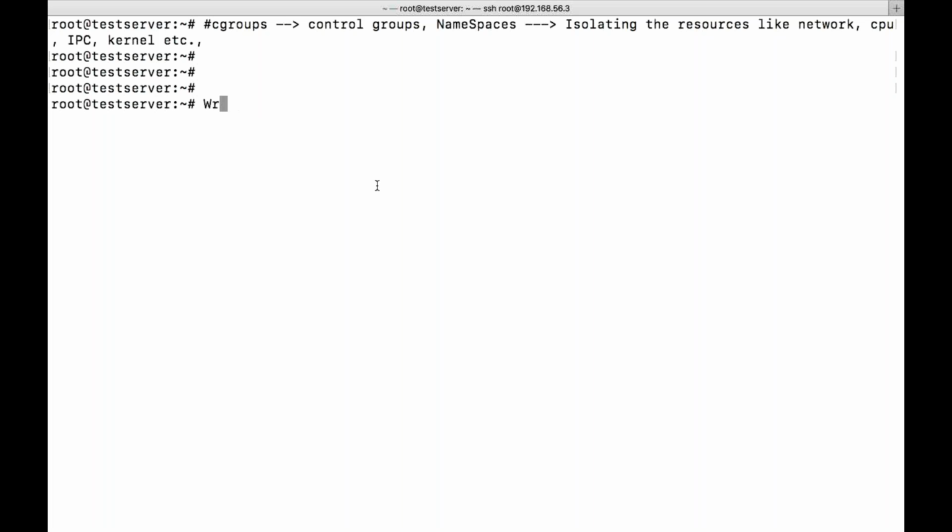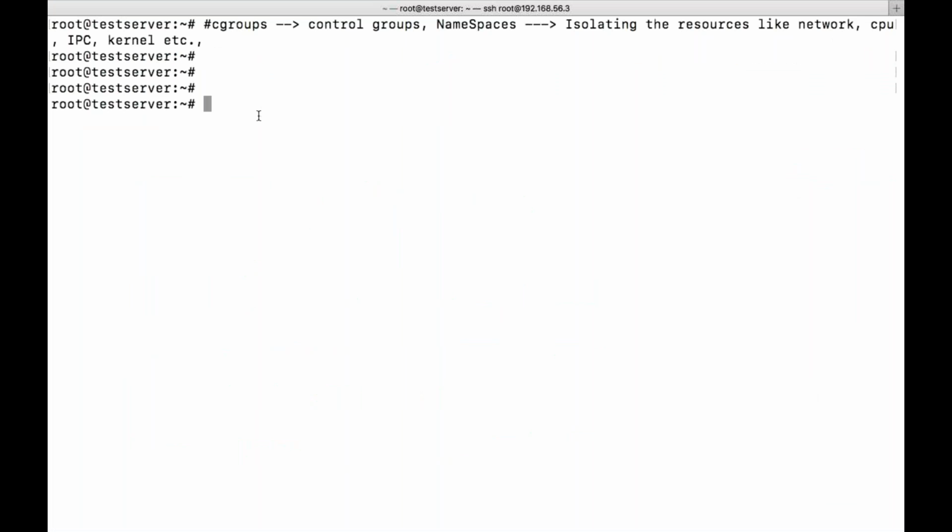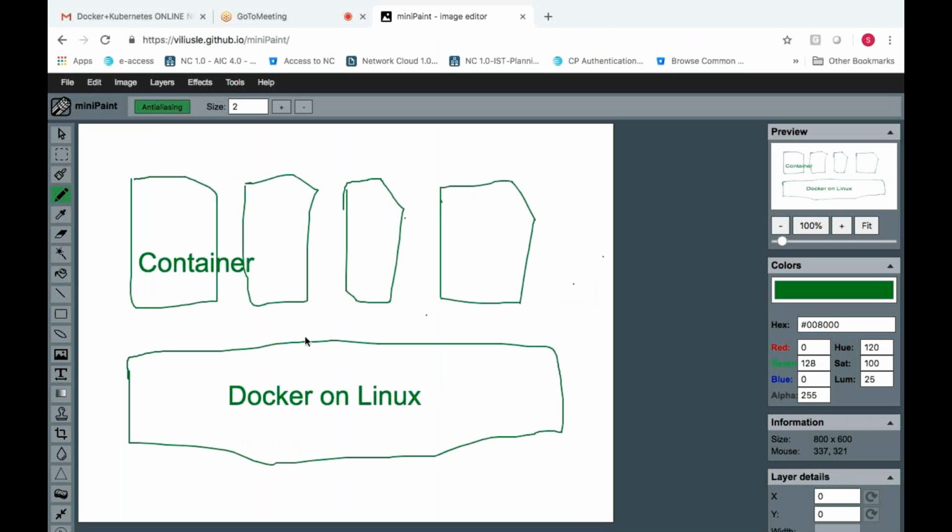In order to create a container, we need to have an image. So how will you see that? As I told you before, we have a Docker CLI. When you enter Docker commands, let us say here I entered a command, the Docker CLI command will talk to the Docker daemon. So in order to see that,